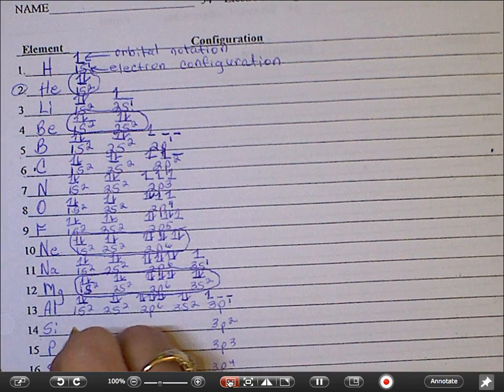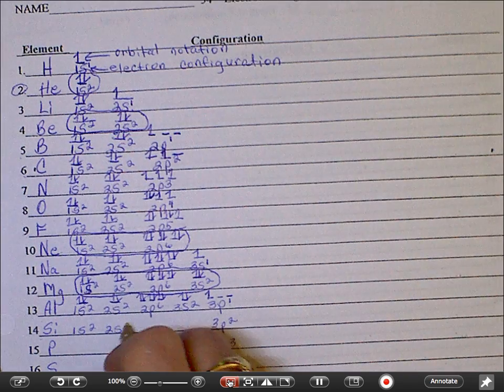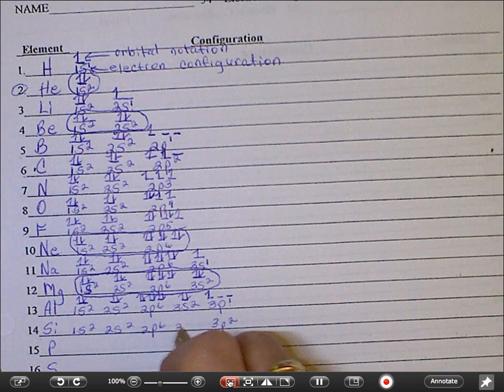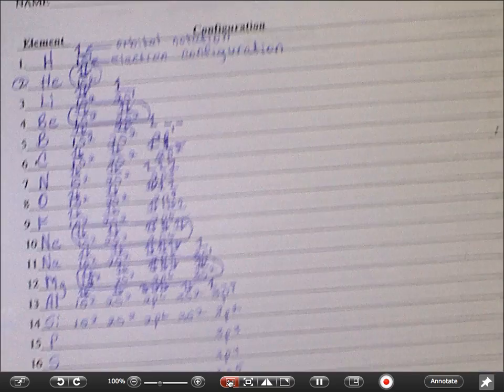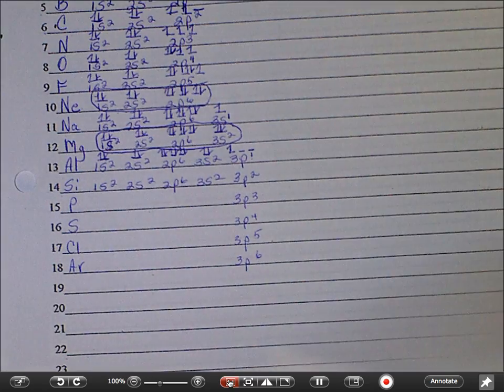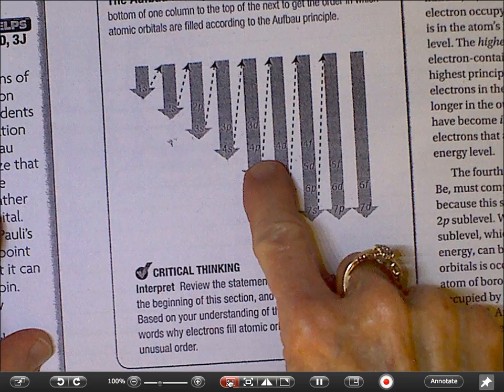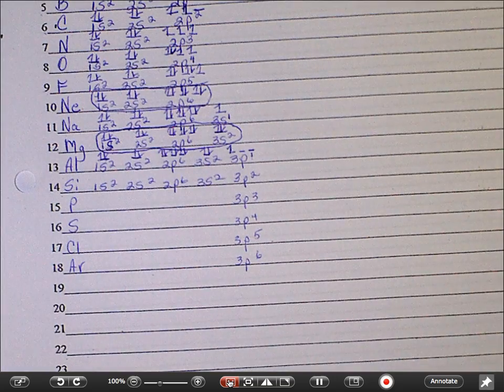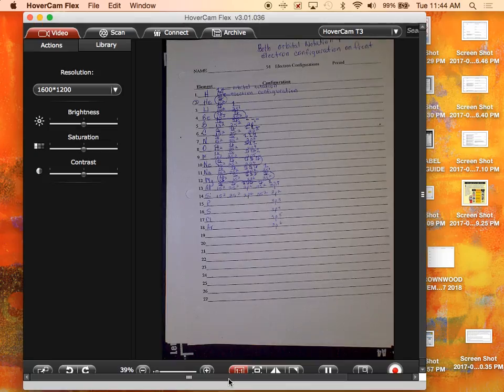So I can sit here and do what? Does everybody see how it becomes very repetitive? Yes. All right. After you finish argon at 3p6, you go over to 19. That starts 4s1. Does everybody see that? Yes. Follow the filling sequence. Do not deviate. We got 4s1, 4s2, and then look at it. 3d. See it? Okay? It'll take a little bit, but